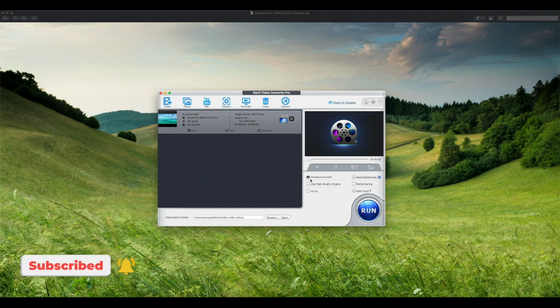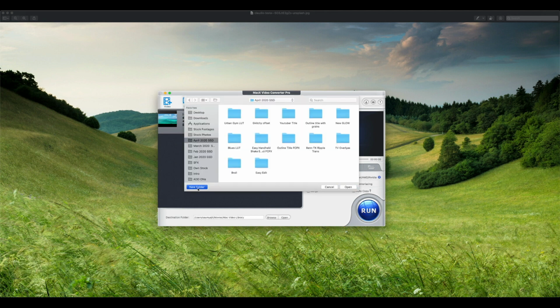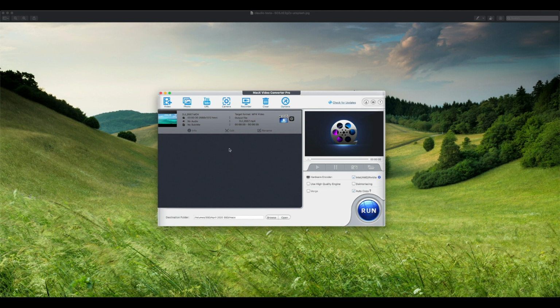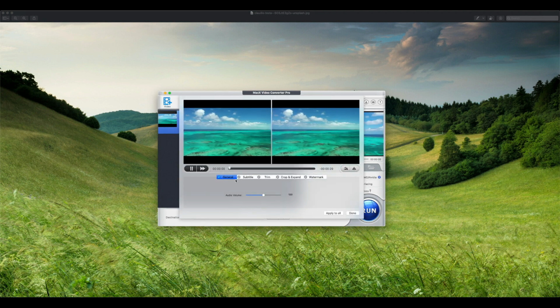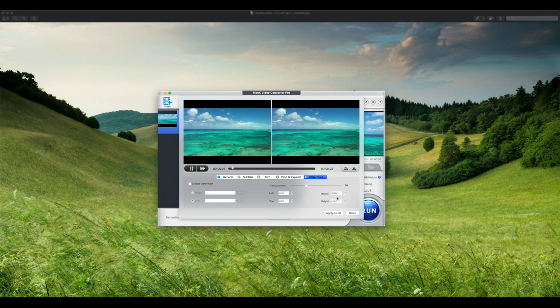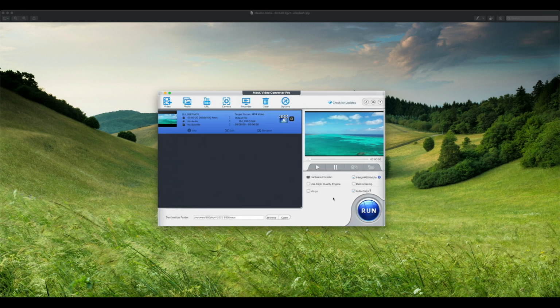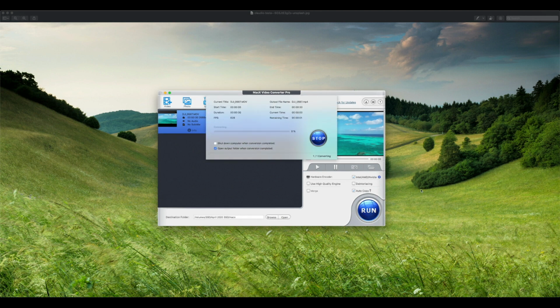After that, just choose the destination where you want to save this file. And then of course you can edit the videos a little bit as well. For example, if you click on this edit button, you can increase the volume of the video, add subtitles, trim or crop the video, and add a watermark to the video if you are sending this to your clients. This is a really cool thing to have because your clients will also have an easier format to read on any computer. And then after that, just click on run. This might take some time depending on your computer, but most of the time it does the job really fast because they claim to do so as well.